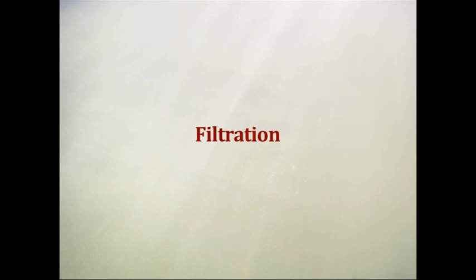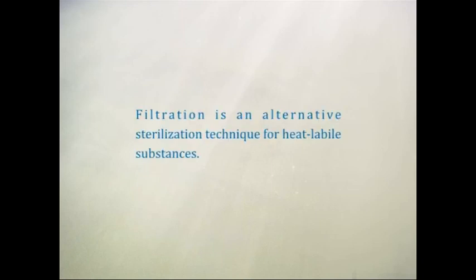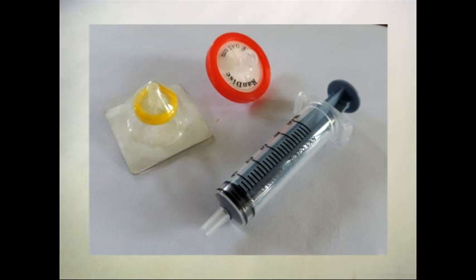The next technique is filtration. Filtration is an alternative sterilization technique for heat-labile substances. Filters made from heat-fused glass particles or membrane filters made from cellulose esters with an average pore diameter of 0.2 micrometer is normally used for removal of bacteria. However, viruses and phages can pass through these filters and filtration is not considered a good option if these are a